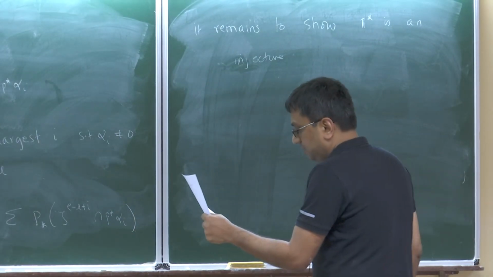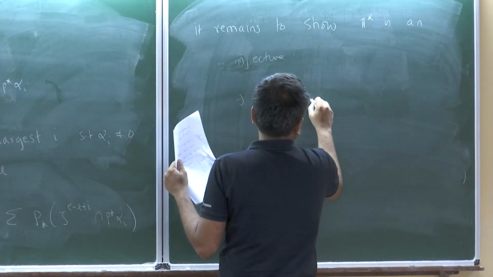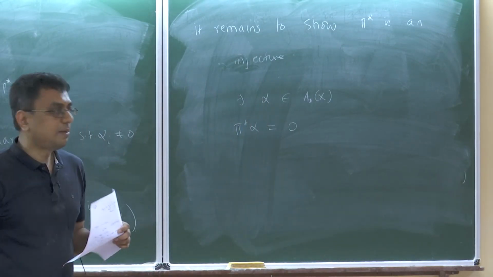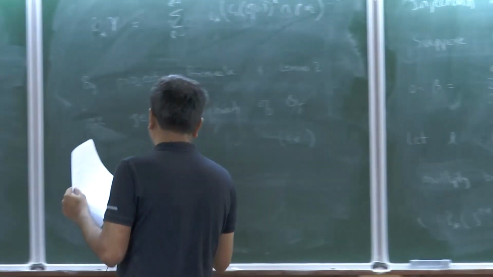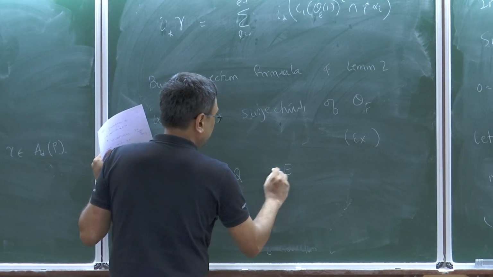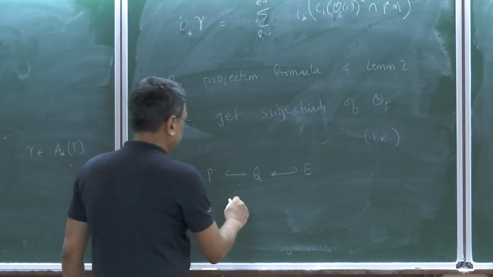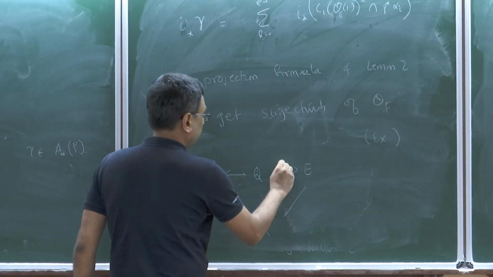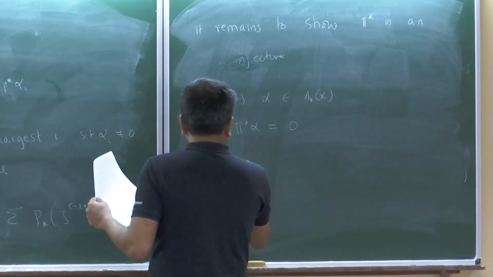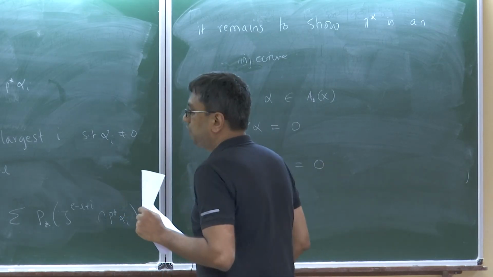Okay, and now suppose not. So suppose there exists alpha in A star of X such that pi upper star of alpha is equal to 0. Then what happens? So again look at the diagram that I erased. Sorry. So Q, P E. If I want to prove pi upper star, I'll take Q to be the projectivization of E direct sum OX, and this diagram. Okay, so this was the diagram. This was J, Q, pi. So therefore J upper star of Q upper star of alpha is equal to 0, which means that